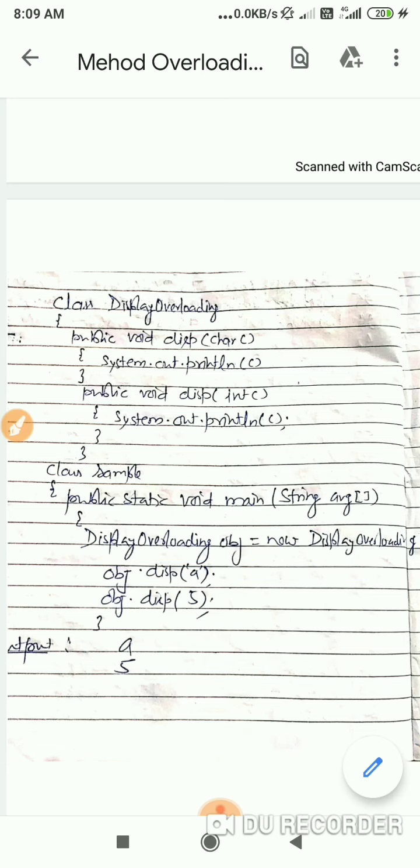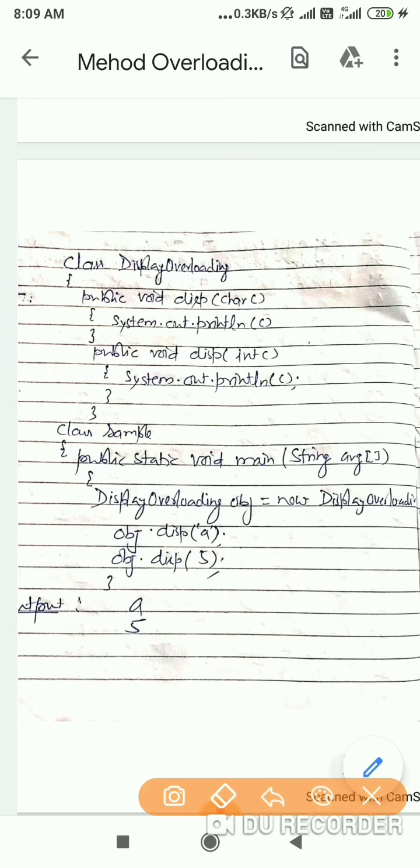When we call a method with the help of the object, obj.display('a'), which method is called? 'a' is a character, so on the basis of this parameter it will know which method is called, and the other is overloaded.